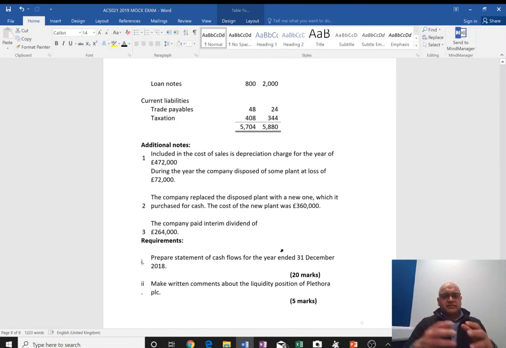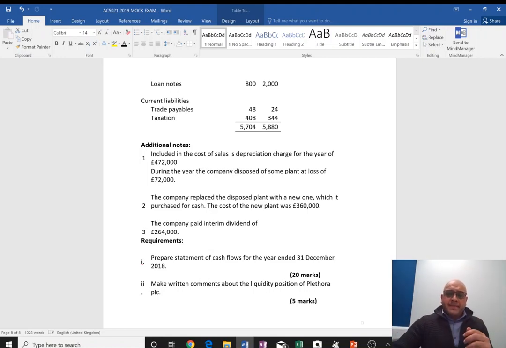Some additional notes, which is first one is included in the cost of sales is depreciation charge for the year of £472,000. So the company incurred the depreciation cost of this much. During the year, company disposed of some plant at a loss of £72,000. So the company sold some plant and made a loss of £72,000, but we don't really know how much it was sold for, so we need to find out. That is an important item that needs to go in the statement of cash flow, the cash generated from sale